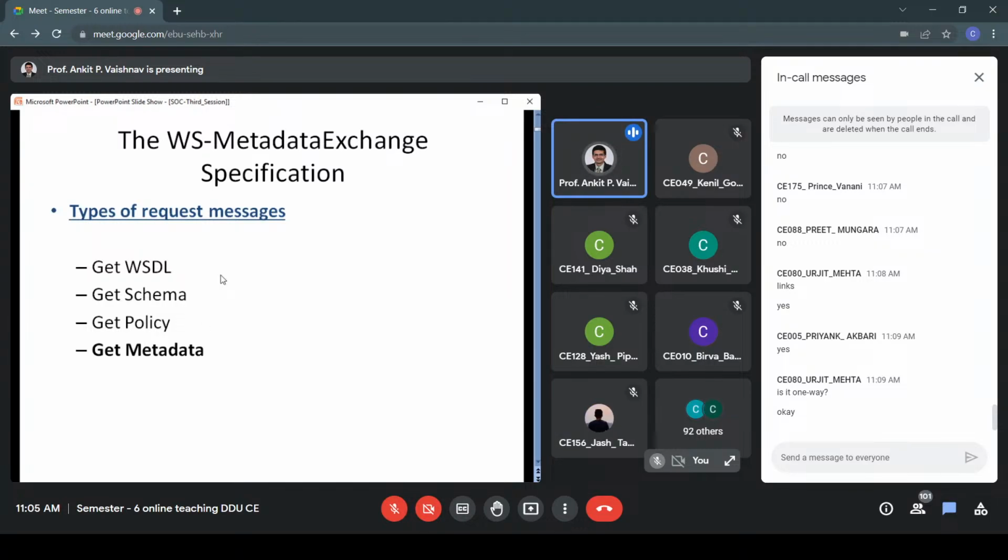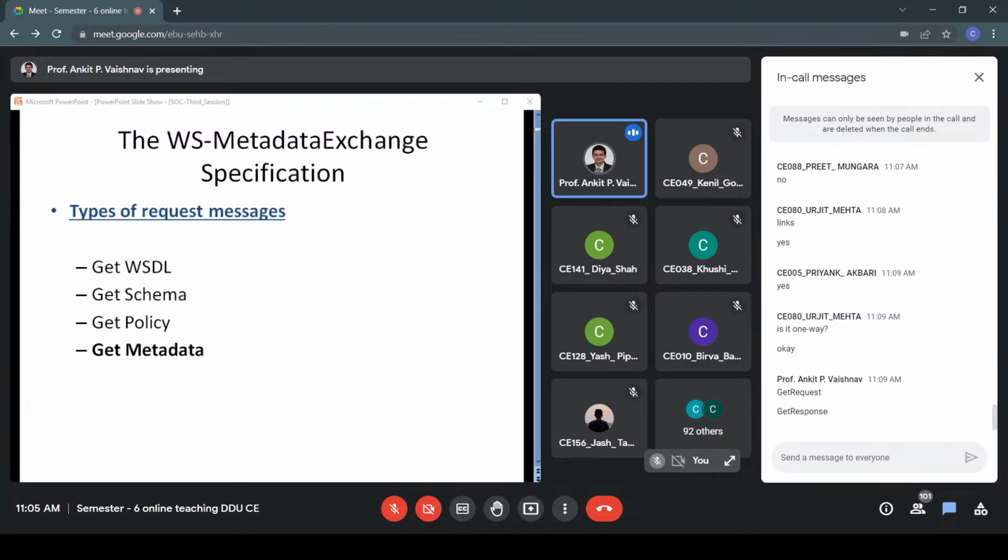So all 4 are request response, plus we have one more message, and that is called get request, and the corresponding pair of that is get response. I'll explain in just a few minutes what we mean by this. I think the first 3 messages are clear to you, right? Get WSDL gets the WSDL, get schema gets the schema, and get policy gets the policy.